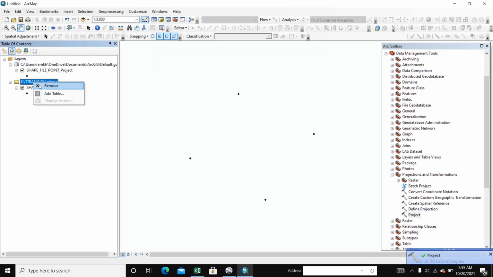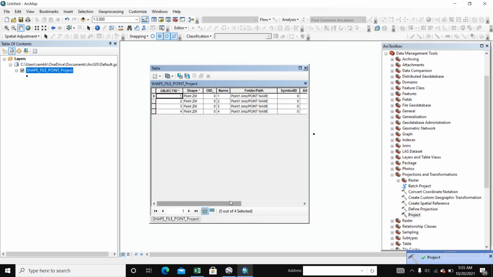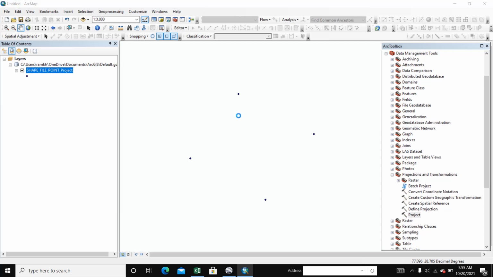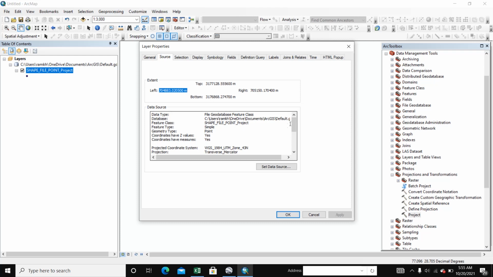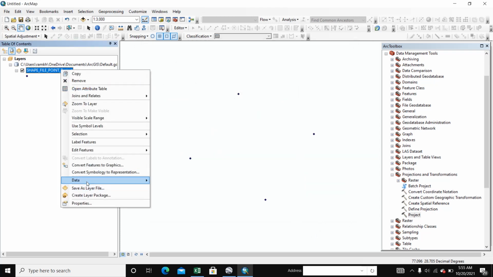You see it, projection. It converts to WGS 1984 UTM zone 43 North. OK, we export it.